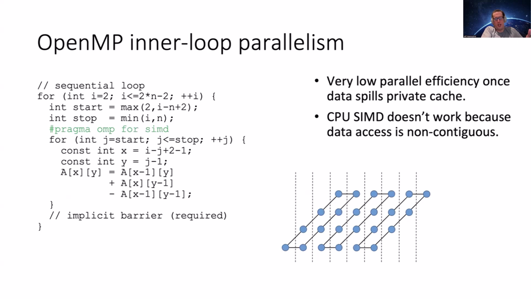Obviously, you can put any parallel loop you want on the inside of it. You do some arithmetic to change the indexing. Took me a while to do that. And basically, you just go down these anti-diagonals and do as much work as you can. This is actually going to be garbage with SIMD because none of these are contiguous. And if you generate them with AVX 512, all you're going to do is gather